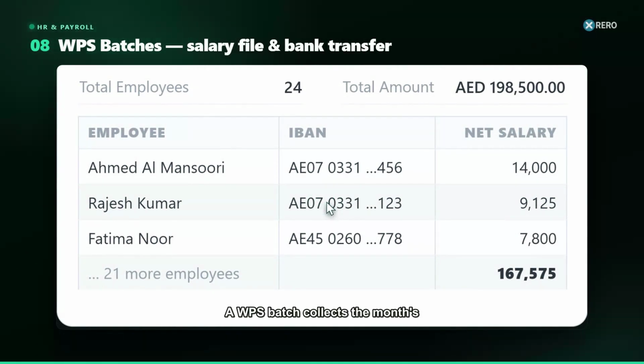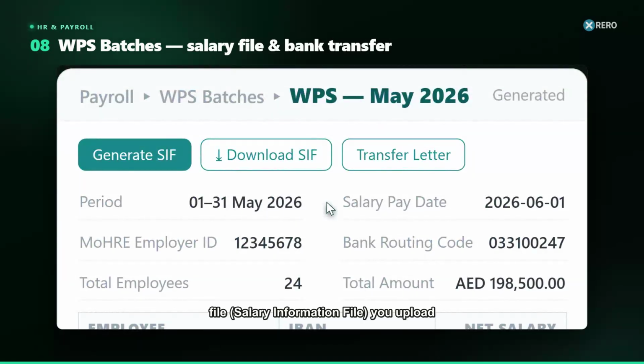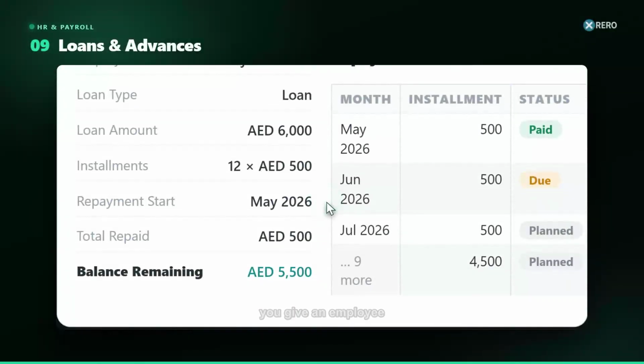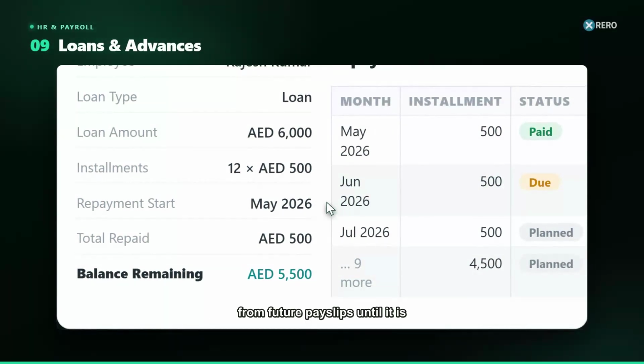A WPS batch collects the month's confirmed payslips and produces the SIF file, salary information file, you upload to your bank or WPS agent, plus a bank transfer letter. Record a loan or salary advance you give an employee, and the system deducts it automatically from future payslips until